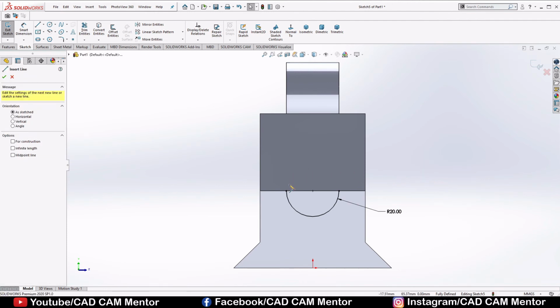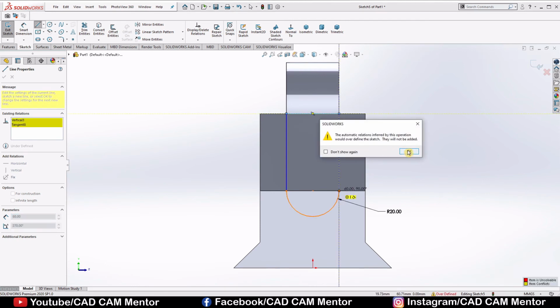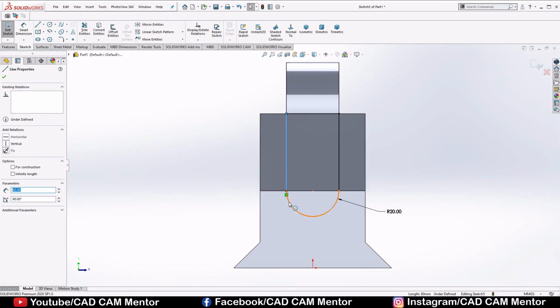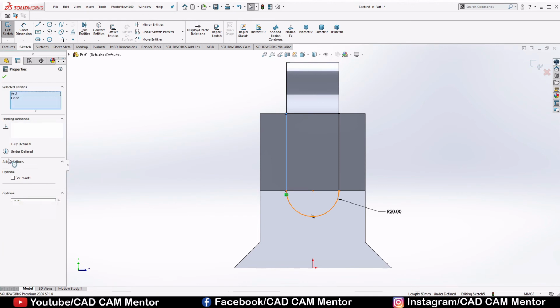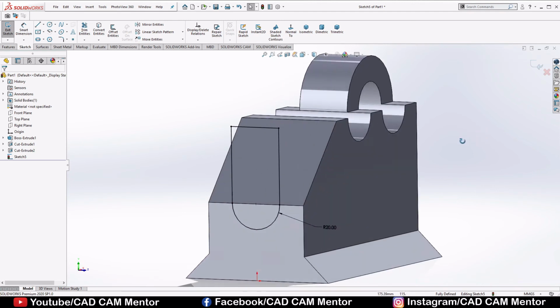Select line and draw that rectangular portion here. Again select this line, hold the control key, select this arc and give relation tangent. Click OK here. Now the sketch is fully defined.